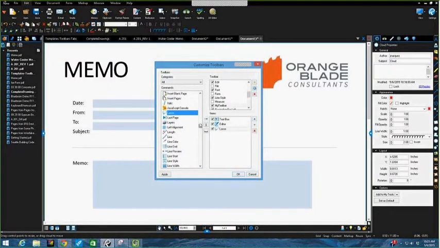Now, by the way, this is a very long list. So if there's a function or a feature in the program, chances are it's listed in here. So if you don't know what category it falls under, then just select All, and you should be able to find it. Now, there's one other thing that I want to do. I want to find my thumbnails button because I'd like to access the thumbnails tab faster than having to reach for it. So if I just scroll down, there it is, thumbnails. So I'm just going to add that as